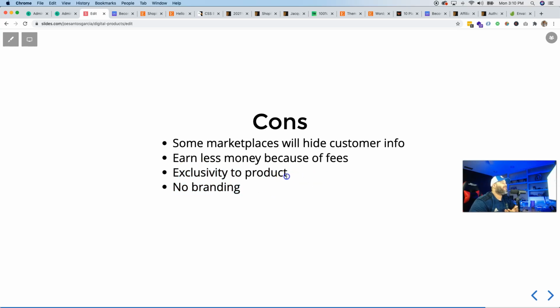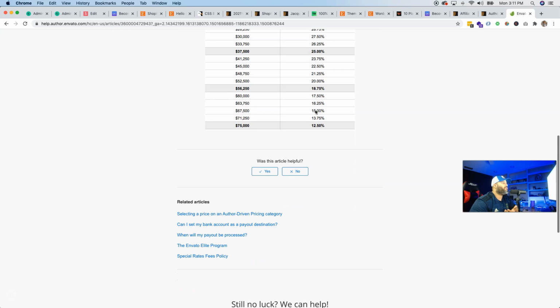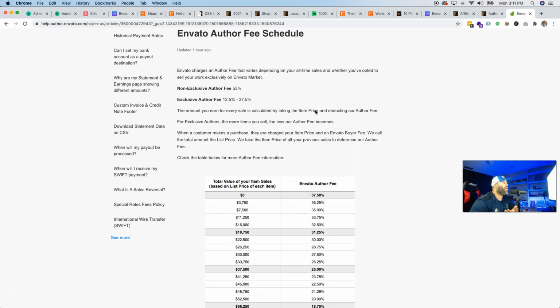So this means that some of these companies will go in and tell you, hey, for this special author fee to start going lower, you have to give us exclusive content. Non-exclusive authors never go any lower. You have to only be selling through them, meaning you can only sell that product through them. If I have a theme that's very popular on Envato, then for me to start getting those extra percentages off and keep more money, I'm going to have to